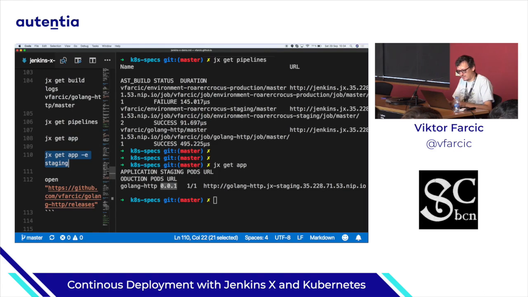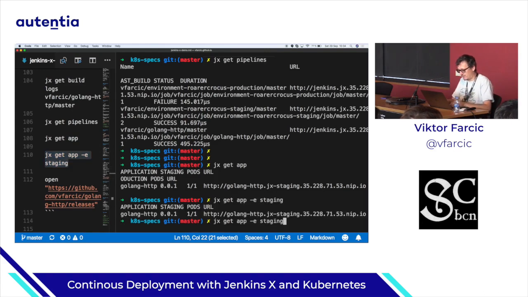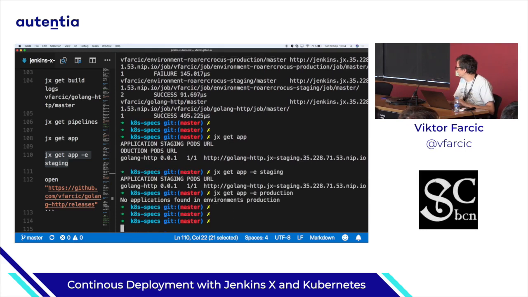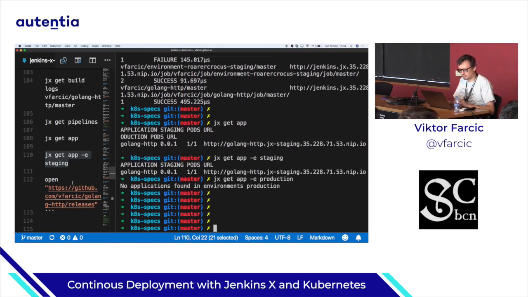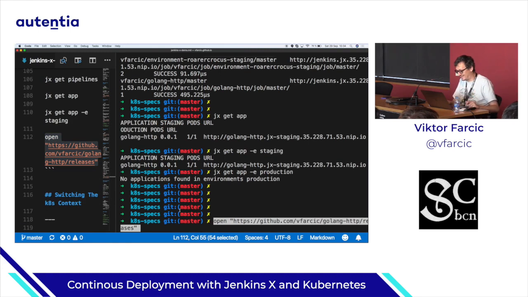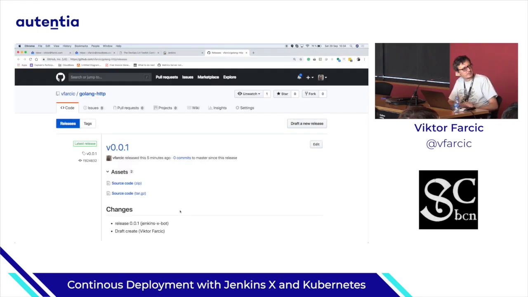So what else? Let's see. Which applications are running in staging? The same one. If I change staging to production, I should see none. There is nothing running in production yet. And not only that, but since no sane person would ever create a release without release notes and so on and so forth,